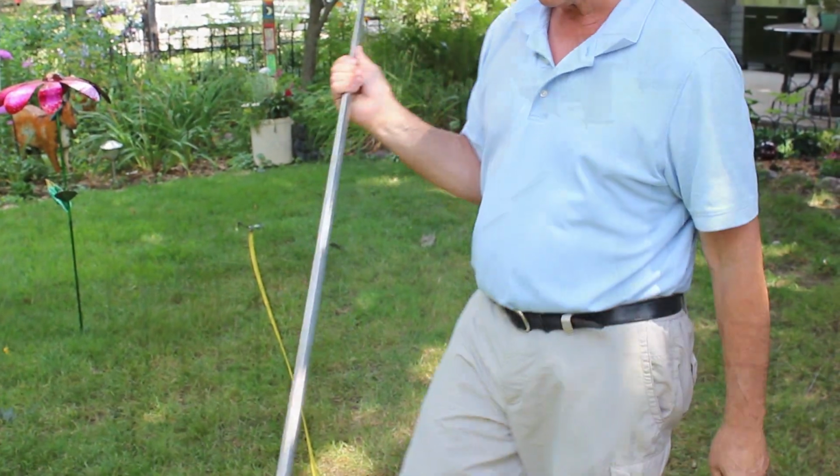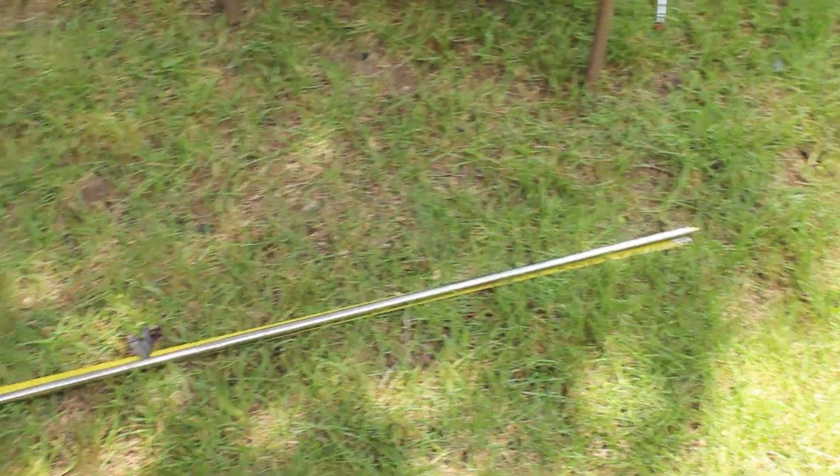Let's lay it on the ground next to the ruler and see how long this thing is, just to make sure. There it is. And at the other end here,